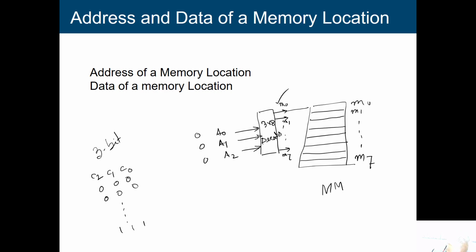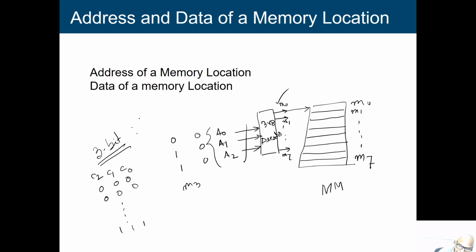That means that one signal is going to indicate that I am going to work with this particular memory M0. Similarly, if the input is 0, 1, 1, in that case you will find that I am going to work with memory location M3. So, to work with this memory with 8 memory locations, I need 3 bits of address bus. This A0, A1 and A2 will be treated as my address bus, and through the address bus we identify a memory location.